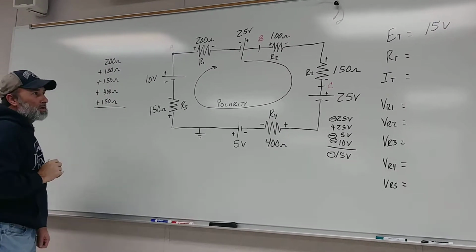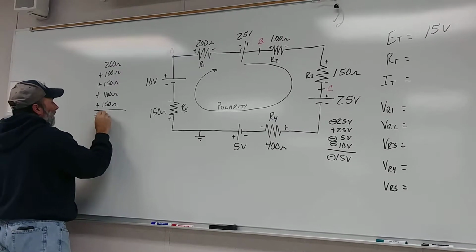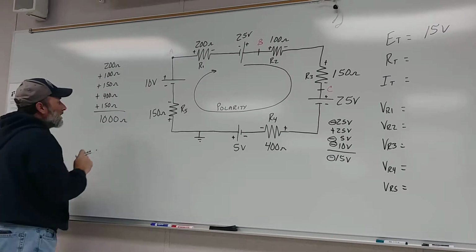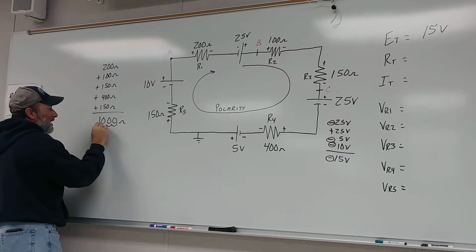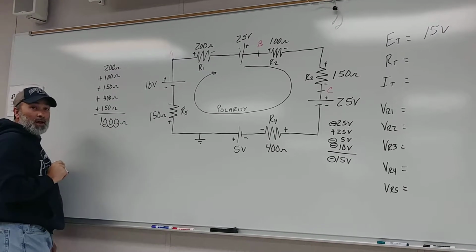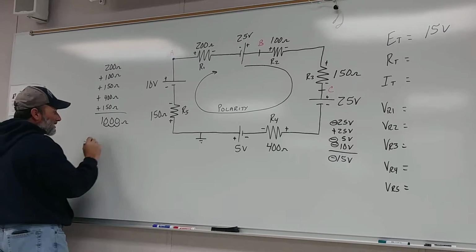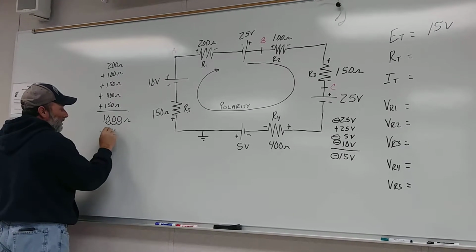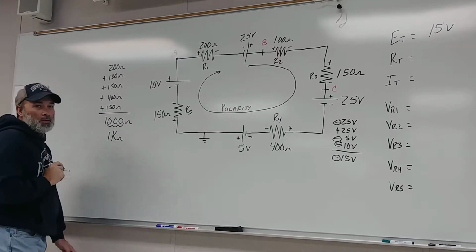And when we add those all up, we should get 1,000 ohms. That's not how we want to see it. We want to move our decimal place 3 spots to the left, which means we're adding a positive exponent. So we get 1 exponent 3, that's 1 k ohms. So that's our R total,